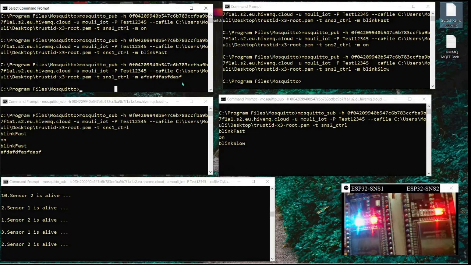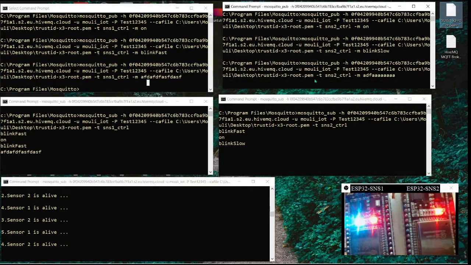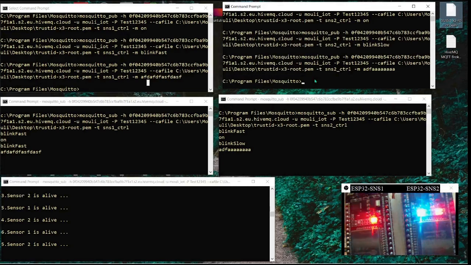So if this IoT device receives a wrong command, it goes back to the normal 1 second rate. That's how we can make it reliable. Even if there is an input error, we will not make the software misbehave. So both of them are now in the default state, because I gave a wrong command.